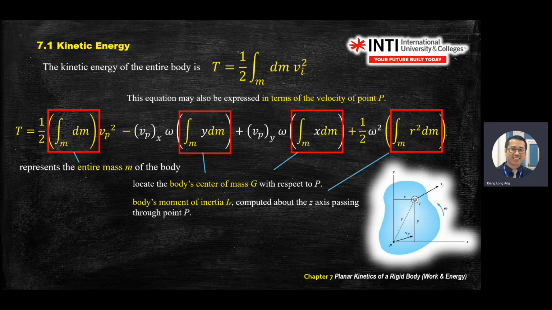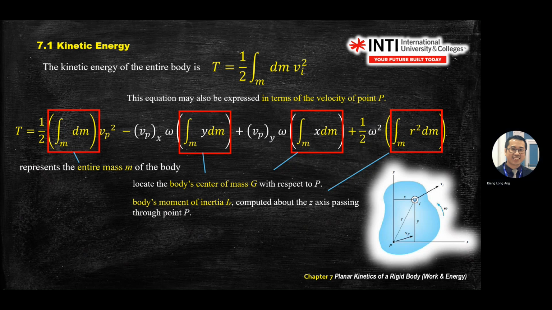So you will see three components. The first component, half mv squared, you're very familiar. The second one is the moment, the center of mass of the energy. You can see here is the integral of your y dm. Okay, center of mass. You still remember how to find x bar, y bar,